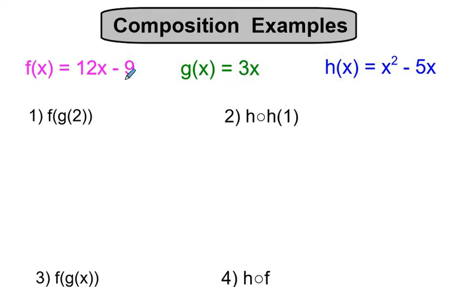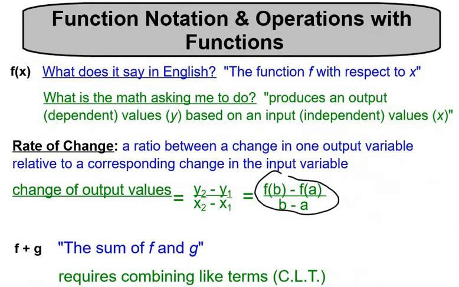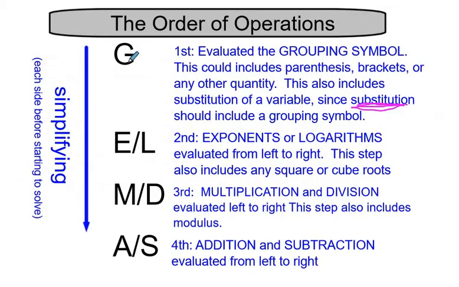So here we have the same functions as in the previous examples, but we're going to look at the operation of composition. And again, composition simply means to substitute. So when I come down here and look at this first problem, and it asks me to do f of g of 2, what I'm really looking at, again, if you go back and look at the understanding of the order of operations,